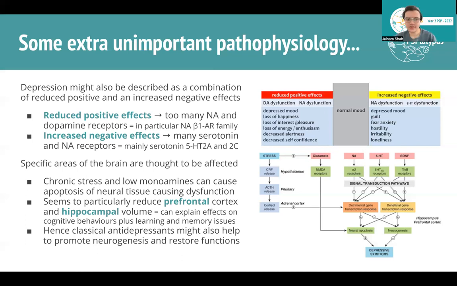And the most implicated ones are the 5-HT2A and 5-HT2C receptors, so the serotonin subtype 2A, subtype 2C receptors. And it seems that there's specific areas of the brain that are thought to be affected in depression, not just the whole brain. So chronic stress and low monoamine levels can cause apoptosis of neural tissue, which leads to progressive